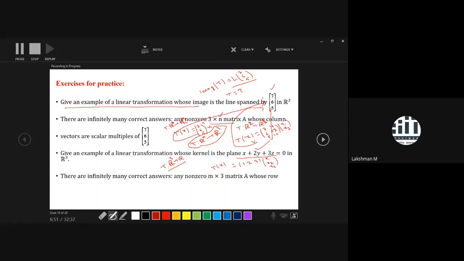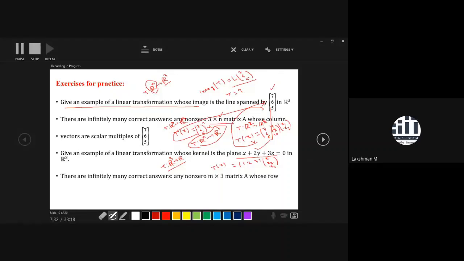And for the case when the column space is given, your desired transformation would be like this. Our general transformation would be Rn to R3. So when the image is given here, that means your target space is already fixed. If you are dealing with the image of a given transformation, your target is fixed. The image of a given transformation is always associated with the target space. So with respect to the given image, your target is fixed. Now, what is the variable thing? Your domain space is the variable thing.